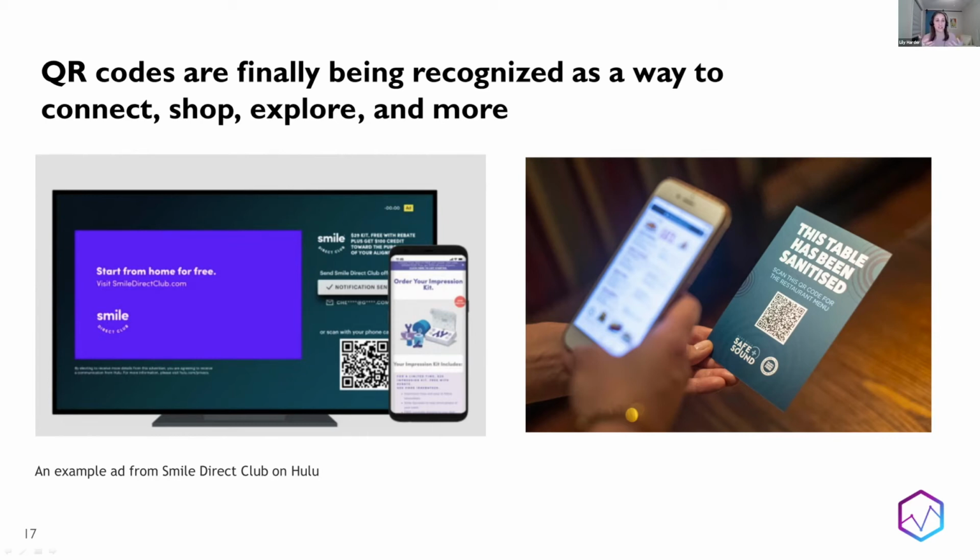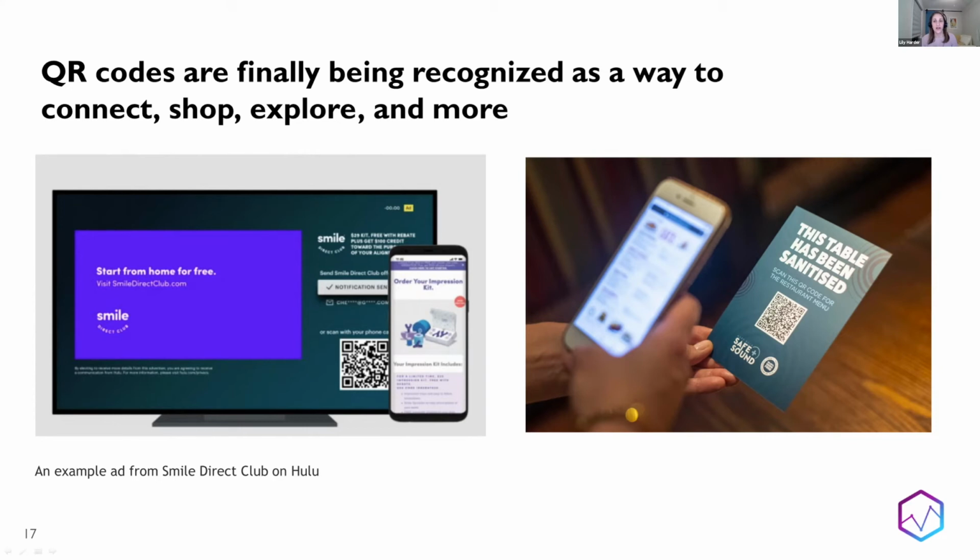Think about someone sitting in front of their TV, probably also scrolling their phone at the same time. Well, Hulu on the left here launched a commercial format that encouraged customers to redeem an offer that they saw on the screen using the QR code. And so this ad experience really enabled viewers to sort of connect their devices and also not just learn more about a company or product, but maybe even make a purchase. And it also is sort of minimizing the risk that an interested viewer would become distracted after they see an ad and then actually take action on it. It sort of creates more of a real-time trigger to take the next step towards the purchase process.